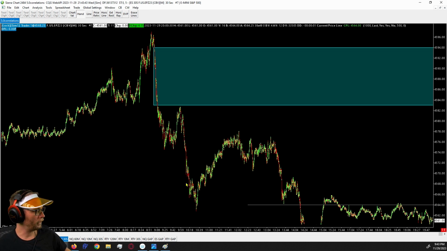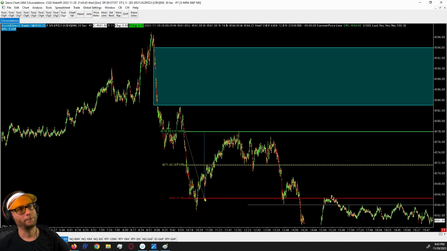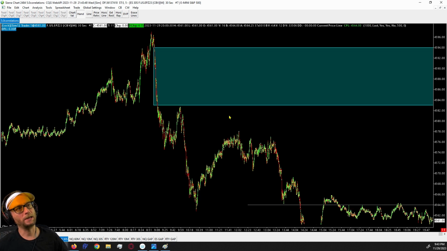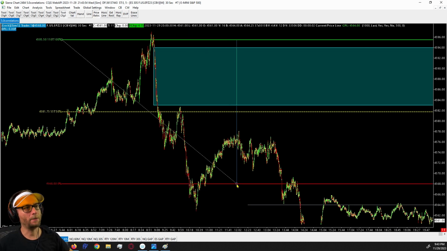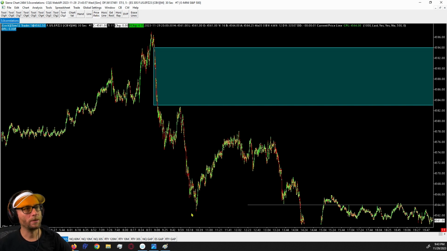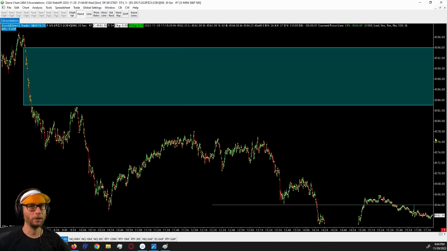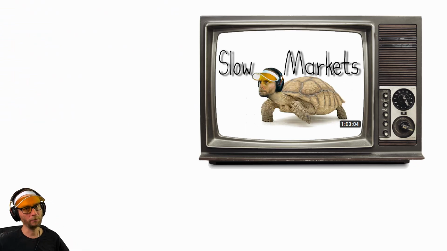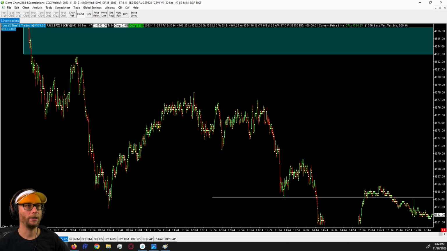Now, this is a very big reclaim. I mean, you're talking a 59 tick dump, and then it comes back up a lot. So when this happens, what did that retrace? 61 ticks, roughly 60 ticks. When that happens, you really need to wait for an established range. And in the slow market video with the thumbnail where I'm a turtle head, I talk about waiting 10 minutes. Well, on something this large, you want to wait 30 minutes to an hour.